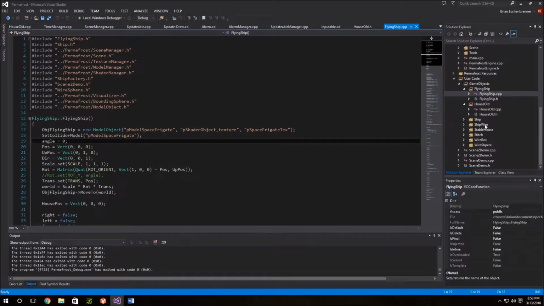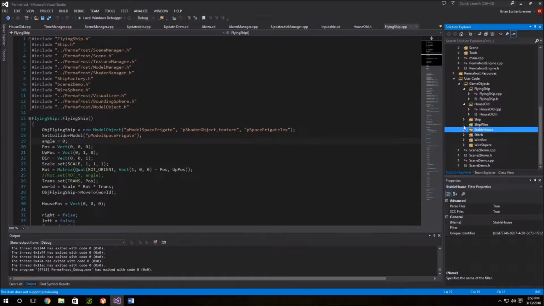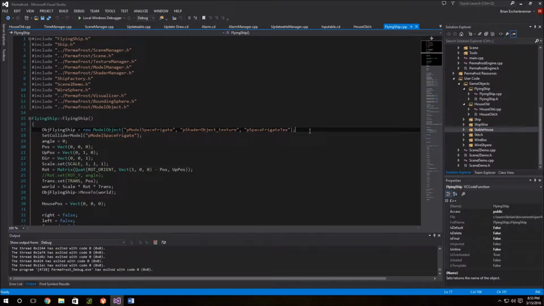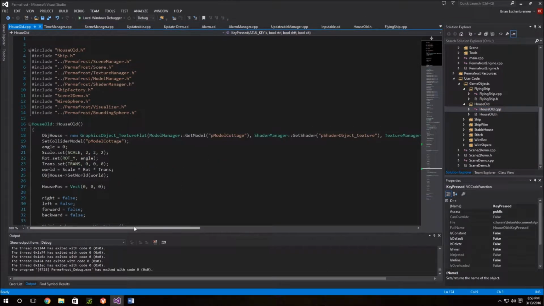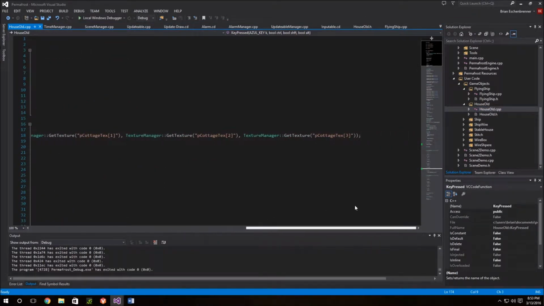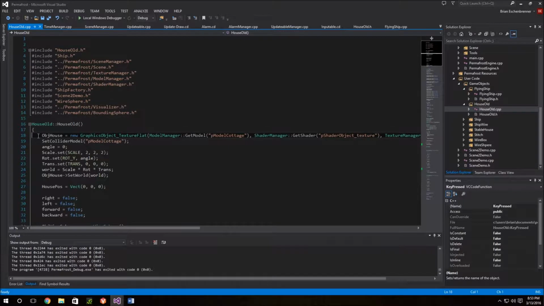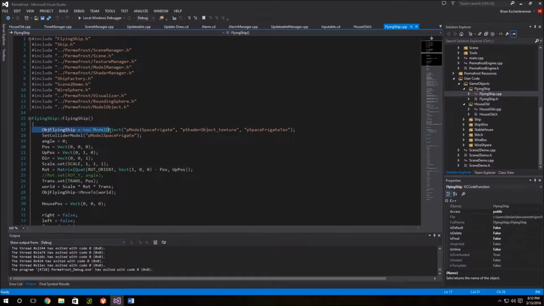So I've got a lot of random user code in here. Some of it has been kept track of, some of it not. So for instance, if you see something like this long string of nonsense here, that's because I haven't been keeping track of this file. However, I do have a model object that creates models without having to have that giant long manager